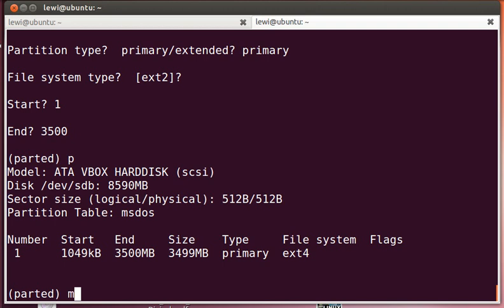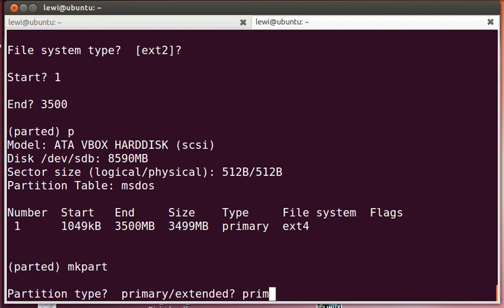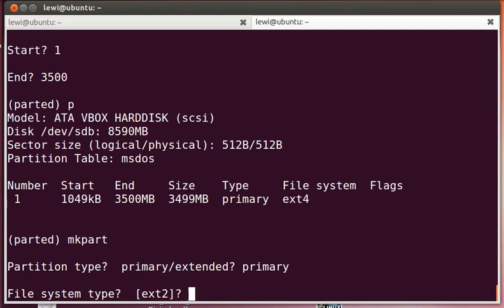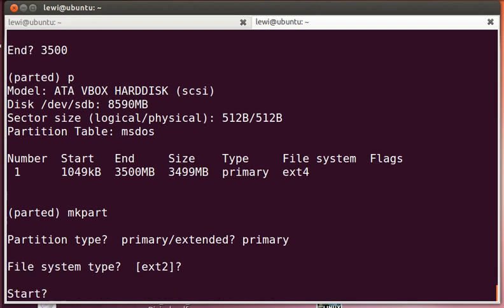I'm going to create a second partition now. Again, I'll make it primary. Again, I can leave that as the file system type ext2. Now the starting point, I can't create a partition on top of a partition, so this one's going to be starting point just after the finishing point of the first partition, so just over 3 gig,